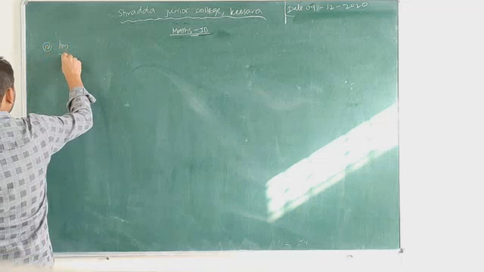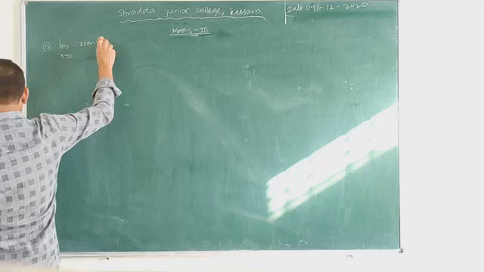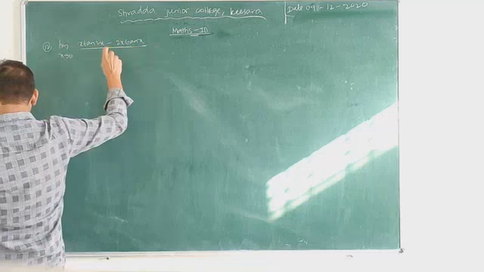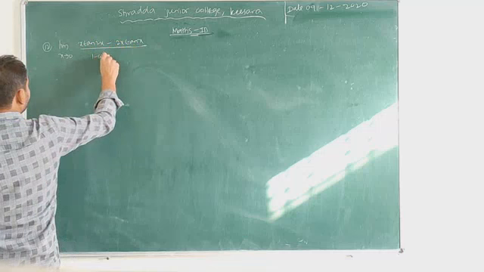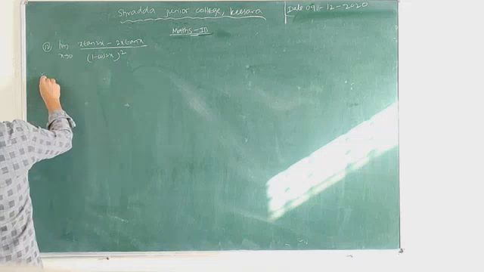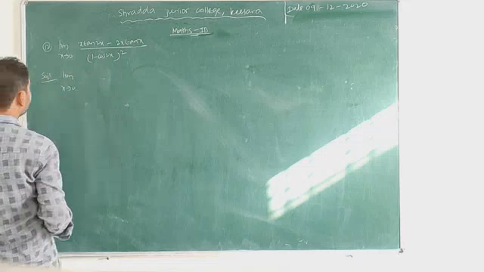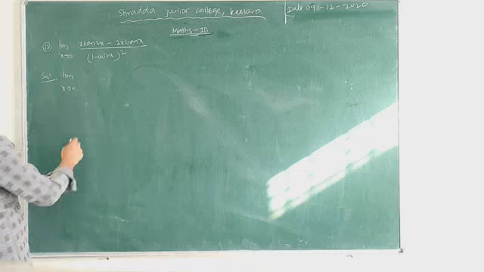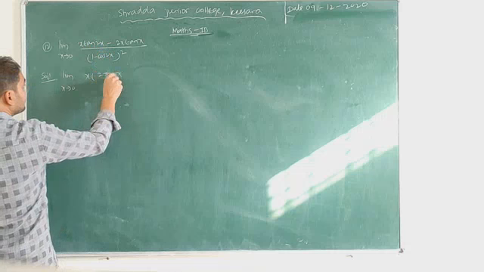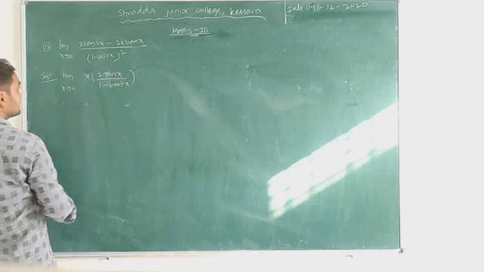Problem number 12. Limit x tends to 0, x tan 2x minus 2x tan x by (1 minus cos 2x) whole square. See here, limit x tends to 0, x into, what is the tan 2x formula? 2 tan x by 1 minus tan square x, minus